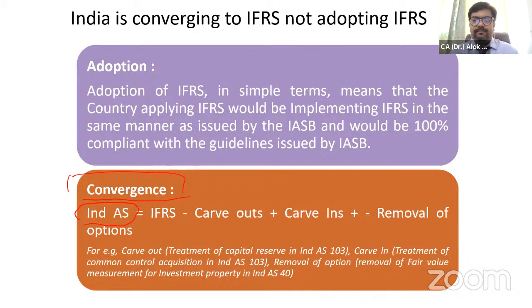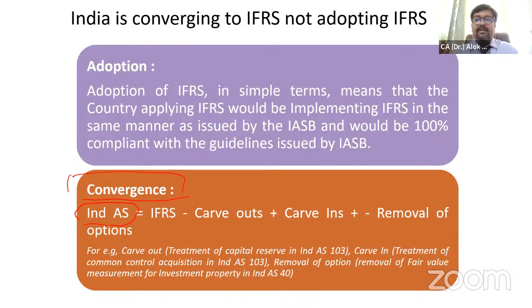For example, in the global scenario, IFRS says that if a company A is acquiring another company B, and the net assets value of B is 100 rupees and A is paying 80 rupees, so A is paying less and A is getting more. The IFRS standard says that this difference we will recognize as other income in the P&L. So when one is acquiring another company, the difference will go to P&L when it is on the favorable side, right? But in India, what we were doing, we were capitalizing it as a capital reserve.